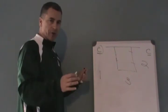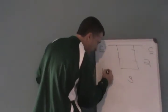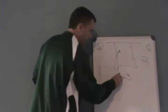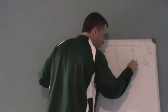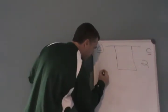Now to make it more interesting, you can add screening action. You can have 1, if they pass to the coach, screen for 3. Three can then make a cut to the basket, and you can do things like that. That's all fine. It might be hard for younger players to understand those concepts and why you're doing it, but a screening action like this,